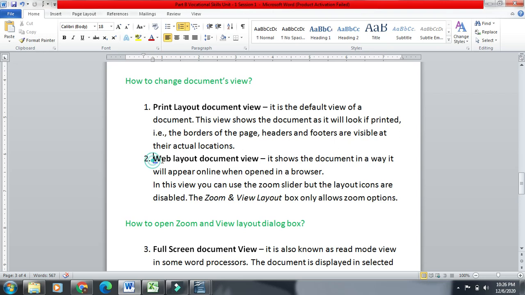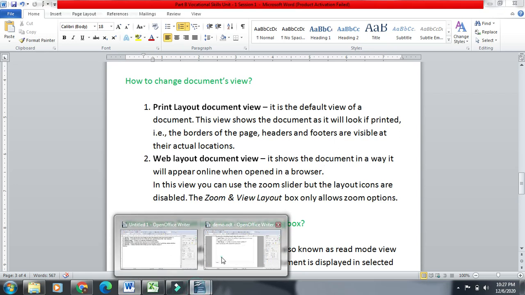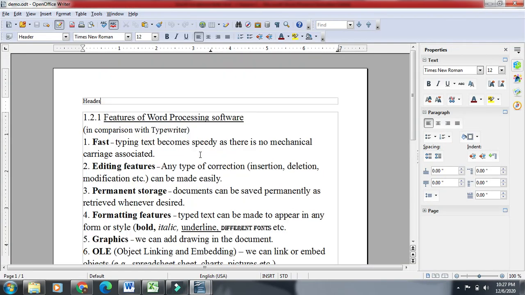Next is web layout document view. It shows the document in the way it will appear online when opened in a browser. If you open your document in a browser, the way it will look is the same as when we open it in this view.